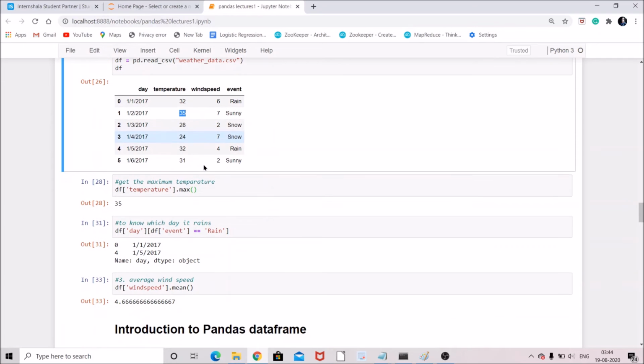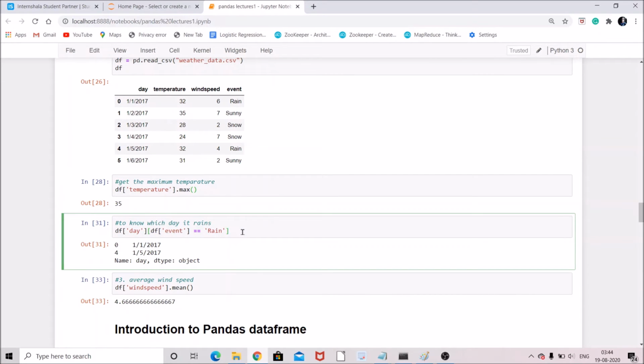Similarly, to know on which day it rained, you can write df day, the name of the column, where data frame event equals rain. When this condition is true, it will return these values. So 1/1/2017 and 1/5/2017, the rain is happening.